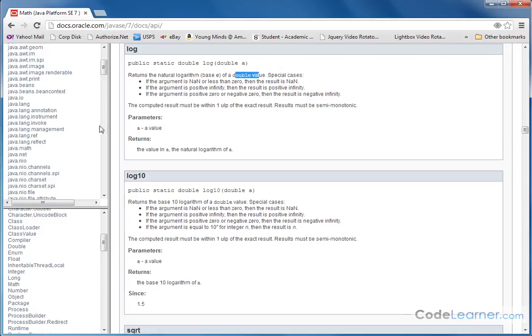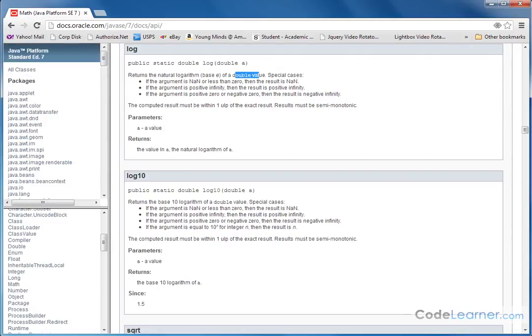So this website's very, very important. Here's your packages, here's the classes, and then you can get information about the classes, how to use them, basically how everything's organized. You can go and poke around here and start learning about all the richness of Java. We're not going to use a lot of this in the short term, except for the math functions we will be using pretty soon. But I wanted you to understand where you can go for more detailed information,